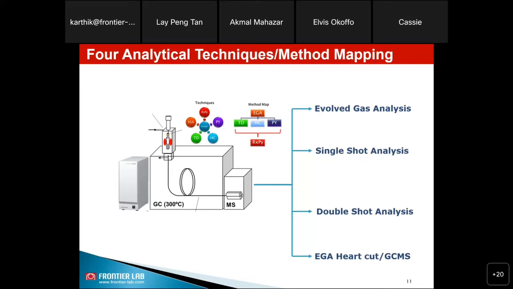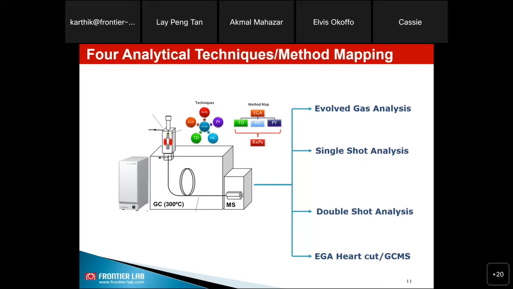So single shot analysis is common, but it is not recommended for detailed chemical analysis. The other common approach that our customers employ is double shot analysis. In double shot analysis, you are basically doing a two-step analysis. First, you analyze the additives by thermal desorption, followed by the polymer analysis by flash pyrolysis. And evolved gas analysis heart cut is more like getting more data from one sample